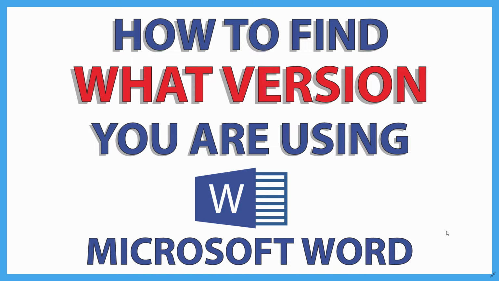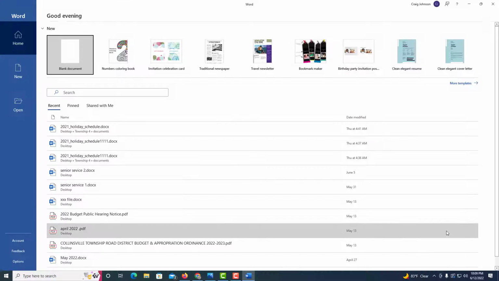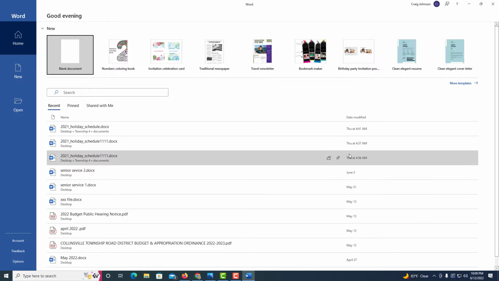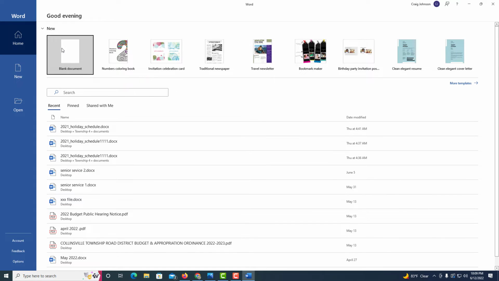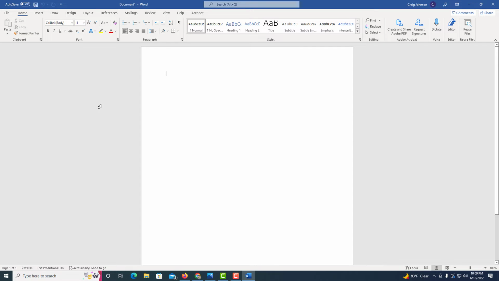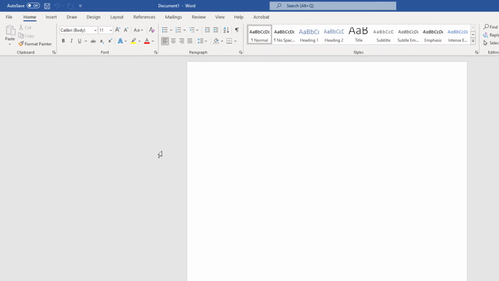This is going to be a video tutorial on how to find what version of Word you are using. Let me jump over to Microsoft Word here. Okay, I've got Microsoft Word opened up here. I'm just going to open a blank document here. I'm using Microsoft Word 365, but to see what version of Word that you are using, what you want to